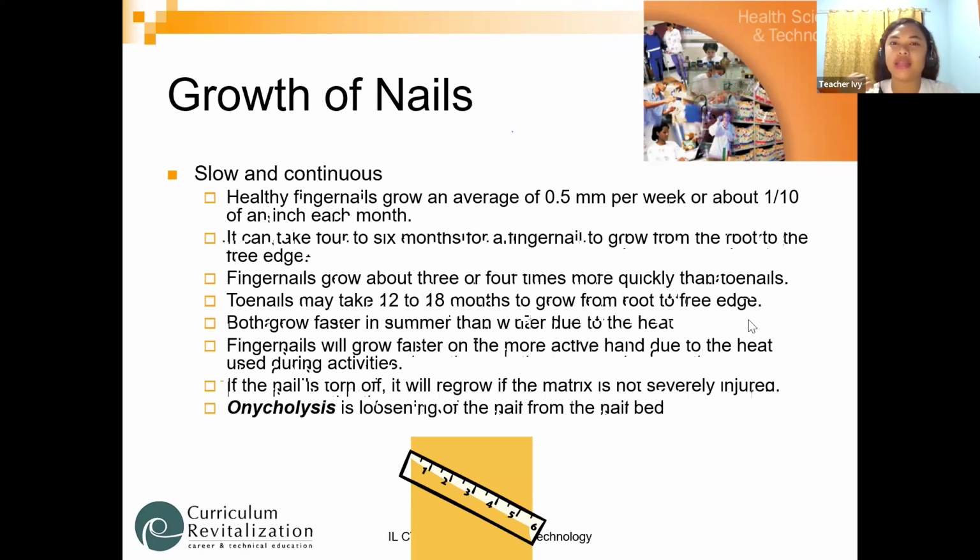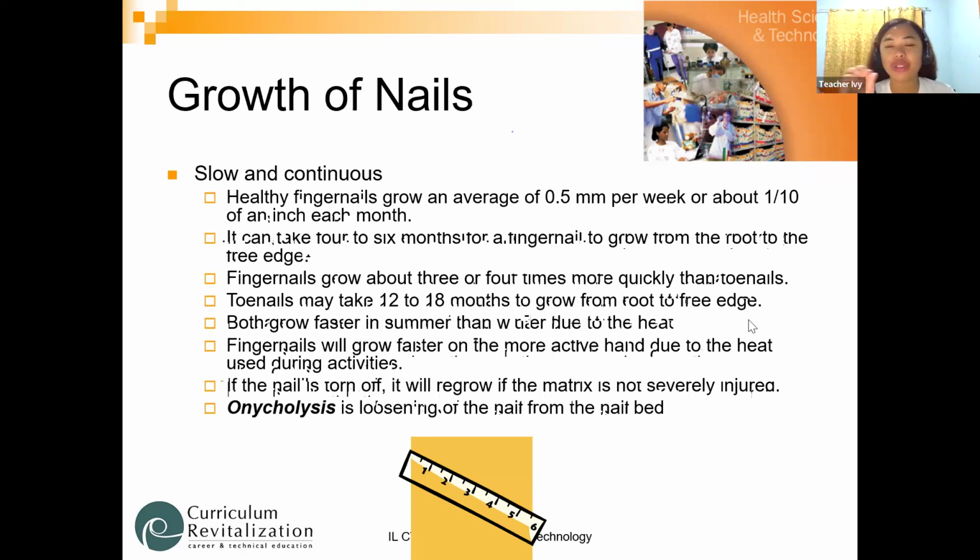What that word means, it is, I'd say for example, your nails, okay? So continuous. Your nails is growing every day. It grows every day, but it does not grow longer just for one day, or it does not make your nails grow 1 meter long for a day. Okay? So when we say slow, it means that it is growing,